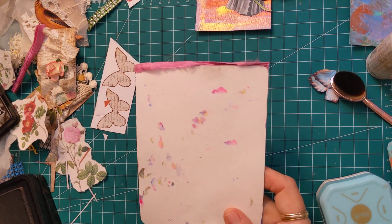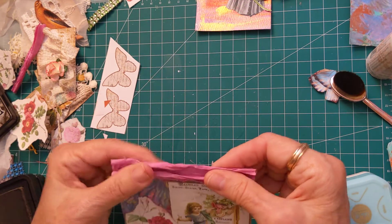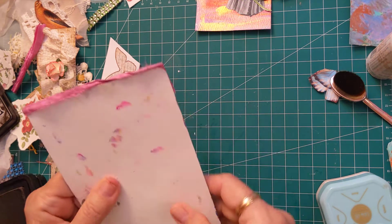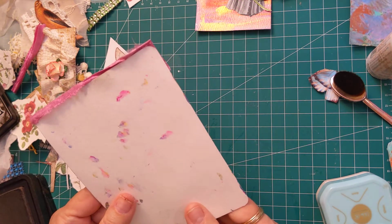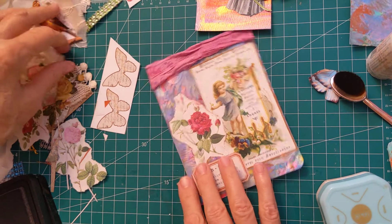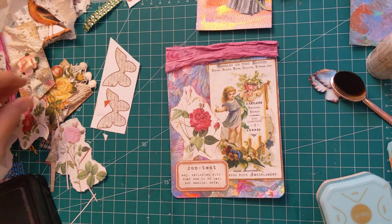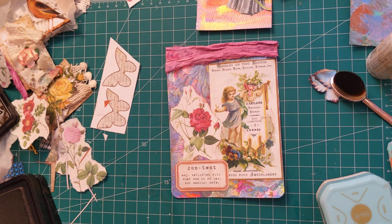I think I'll stencil on the back of this because this is the watercolor paper, so it's pretty thick, and I don't want to cover it. I love writing on watercolor paper, so I think I may just stamp over it, so this way it'll look like part of everything. Okay, what kind of bling? My goodness, I can put any kind. I could put